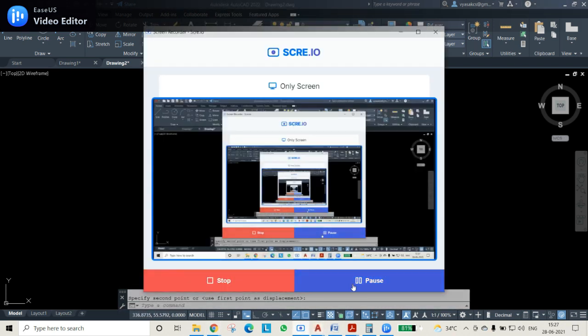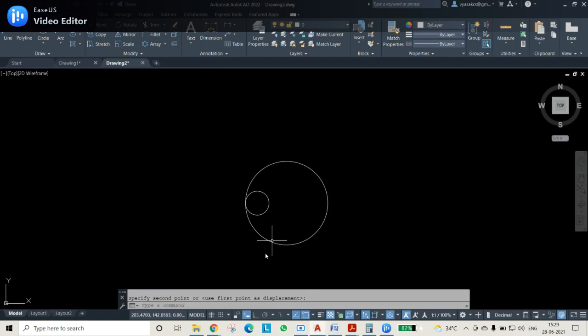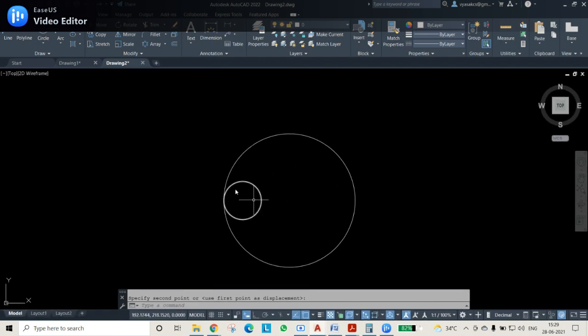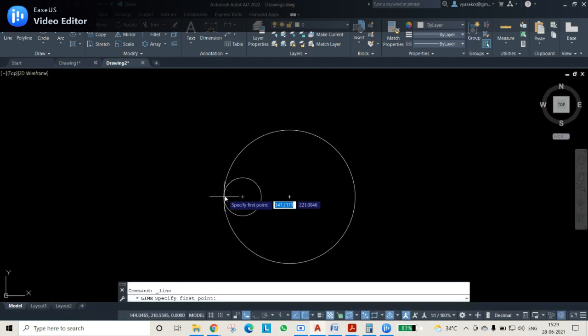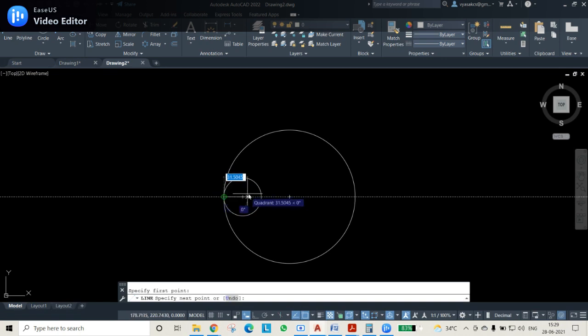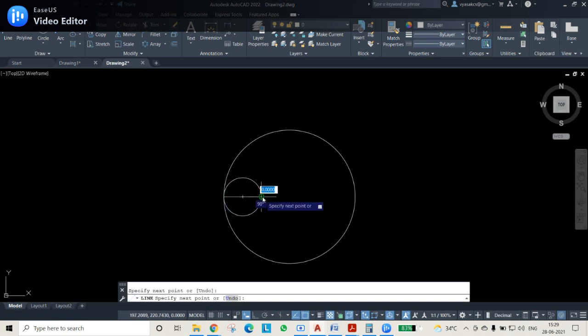Now once it is moved inside, select the line and draw a line of the diameter of the inner circle, and then draw another line to the center of the generating circle, and draw the third line from the center to the end point. That is the radius of the generating circle.